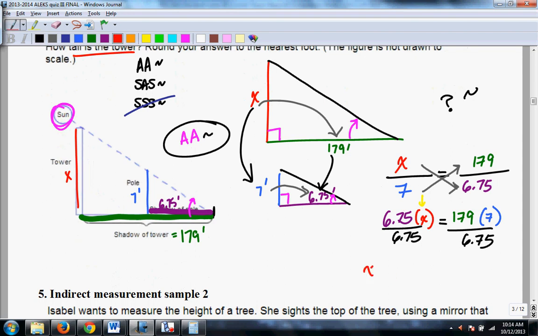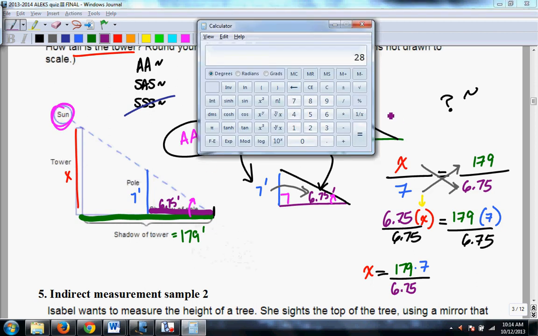I end up with x equals 179 times 7 divided by 6.75. So now we get out our calculators, and we're going to do 179 times 7 equals, divided by 6.75 equals, and we get